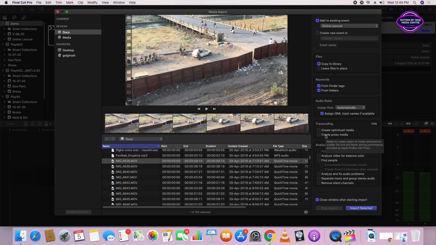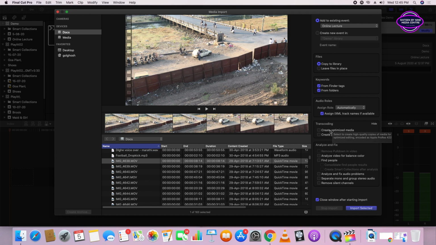It says: select to create copies of media optimized for smaller file size and faster editing performance, encoded as Apple ProRes 422 Proxy. So this creates much smaller files of RED and Alexa footage, and you can edit even the higher-end footage on your lesser specification system if you select this option.